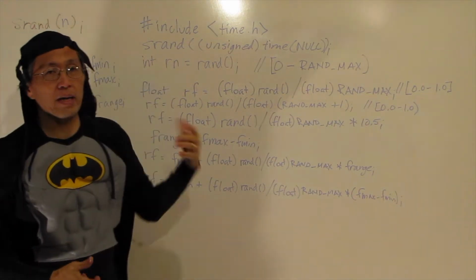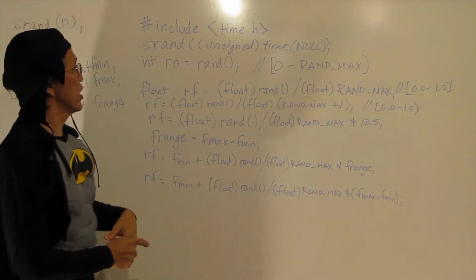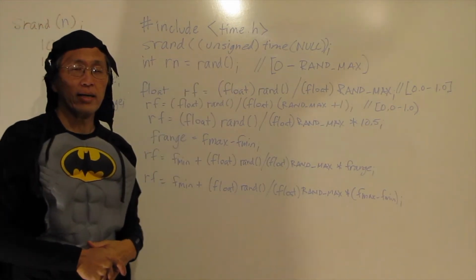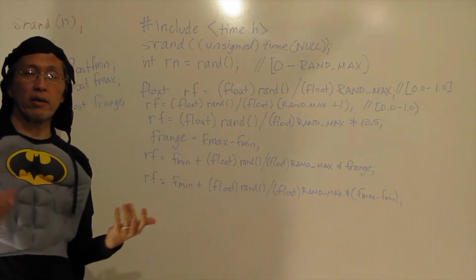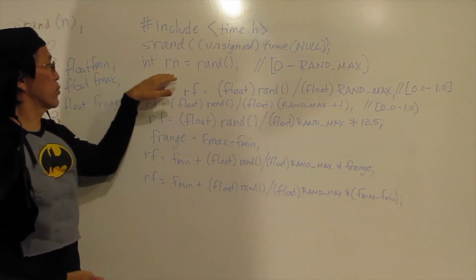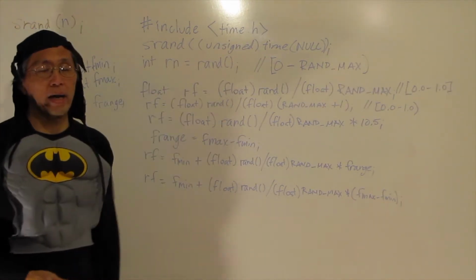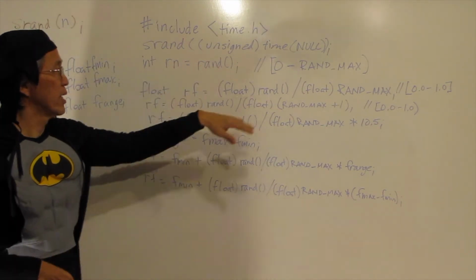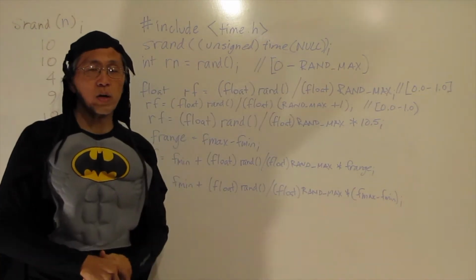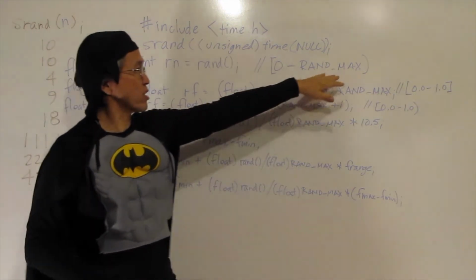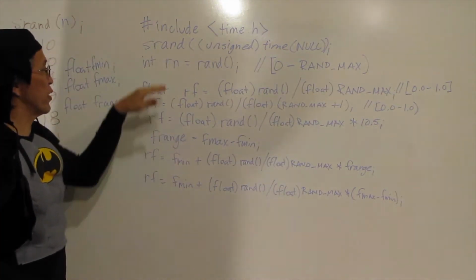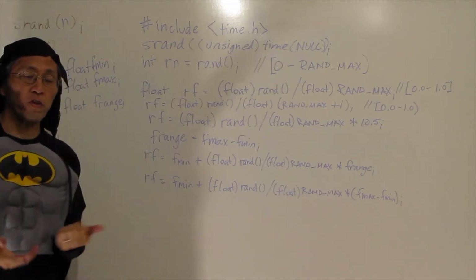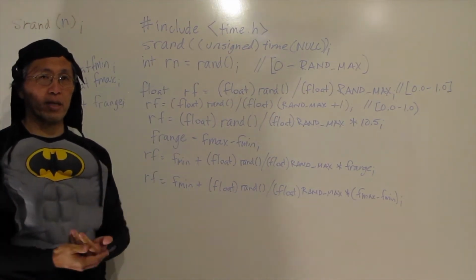Here, for a random floating point number, recall that for a random integer we just do int rn is assigned the value rand(). When we call this function, it's going to give us between 0 and RAND_MAX, exclusive of RAND_MAX. So if we just call rand, it's going to give us any of those numbers. When we want to do a floating point number, we have to do something a little bit more complicated